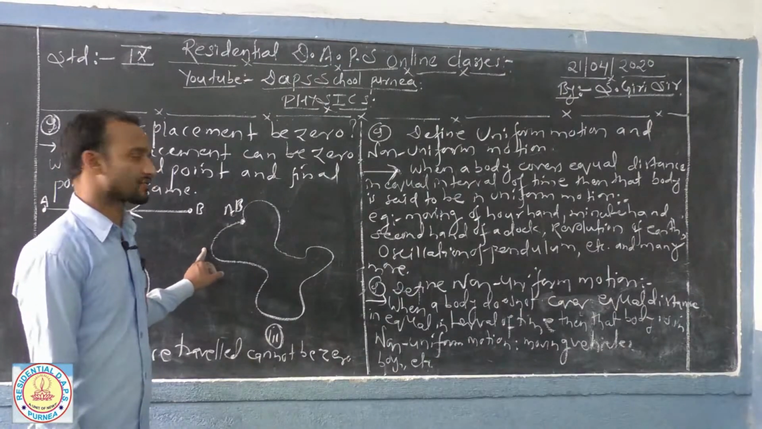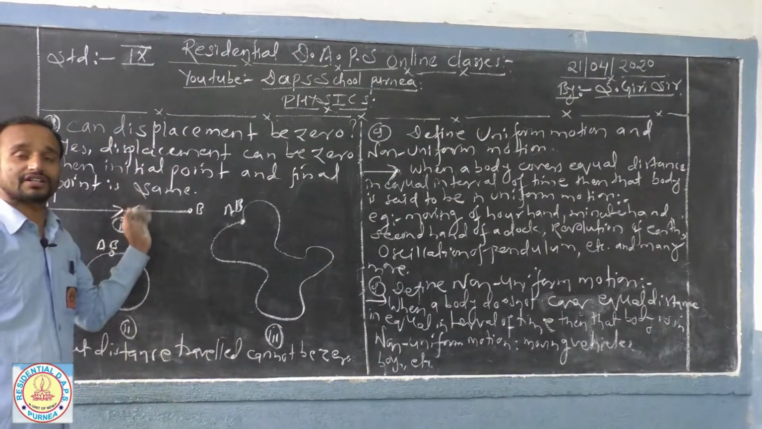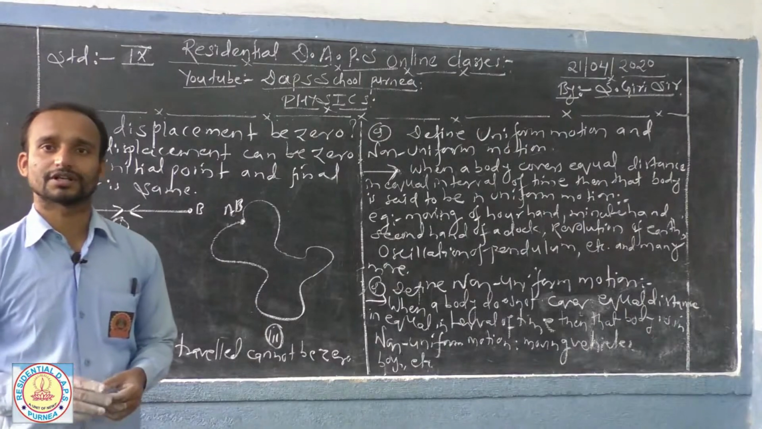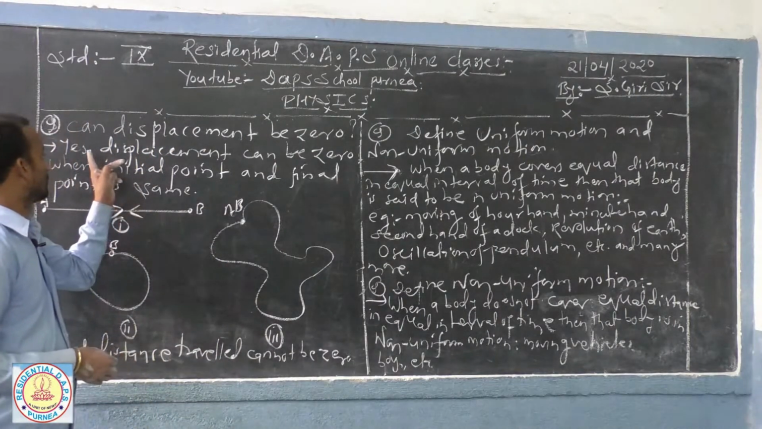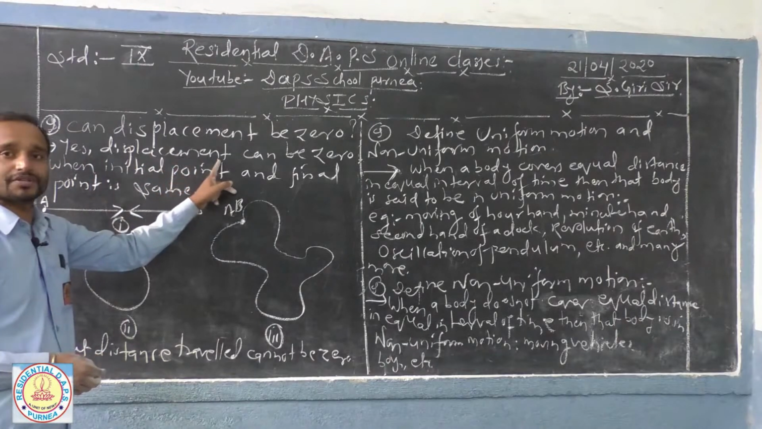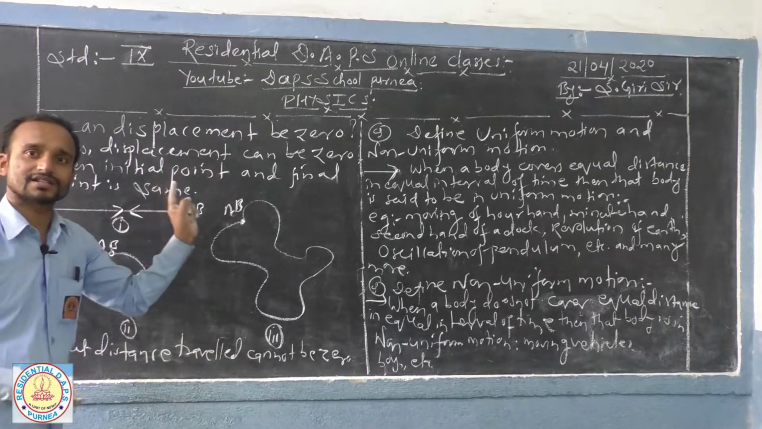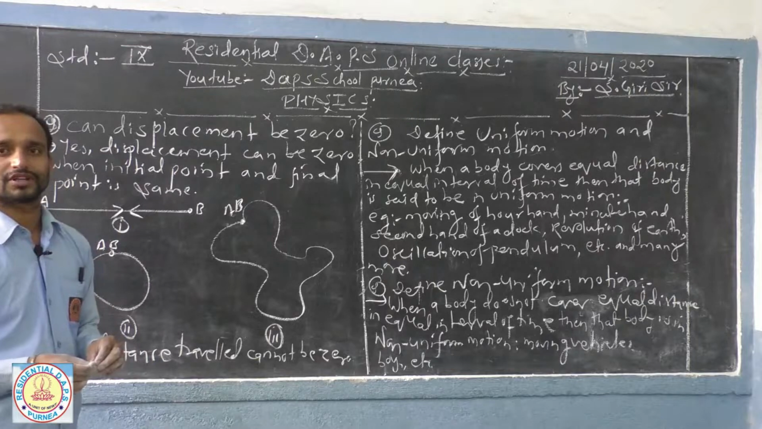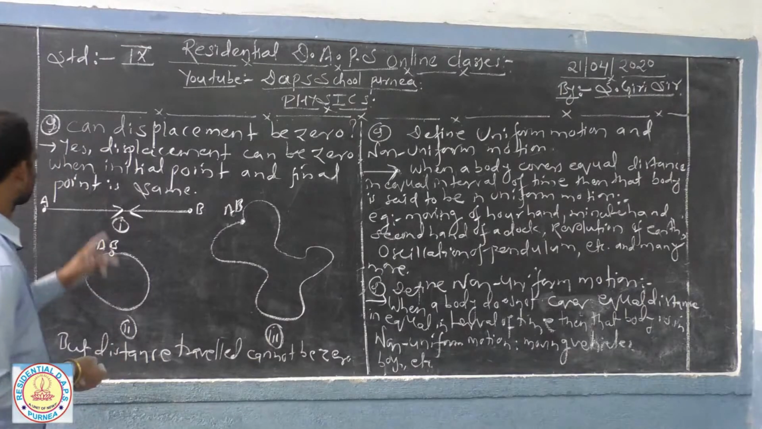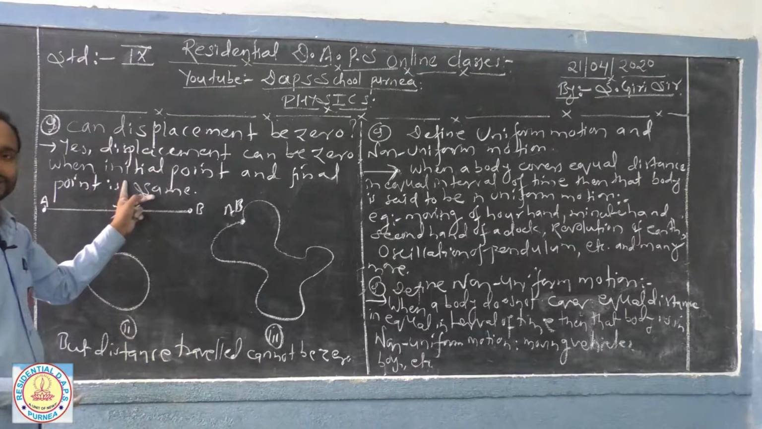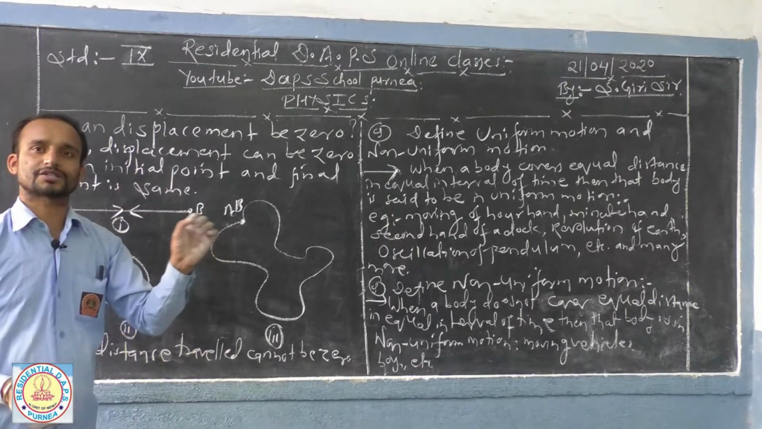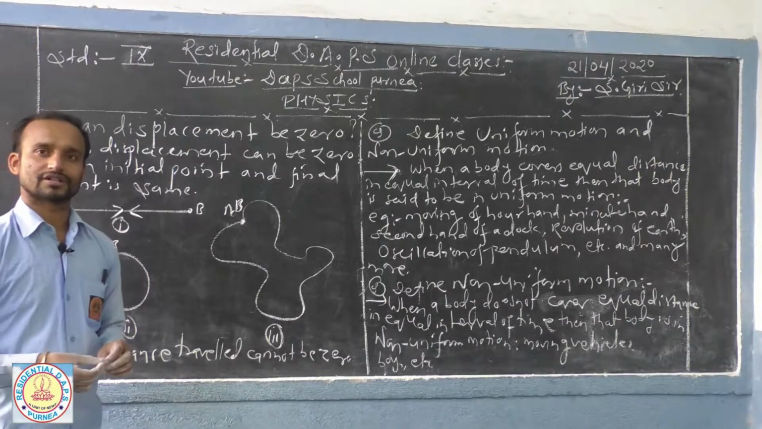Now dear students, next question: can displacement be zero? Yes, obviously, why not? Displacement can be zero, but distance covered cannot be zero if a body is moving. Not to forget, displacement is simply the shortest distance between the two points, that is the